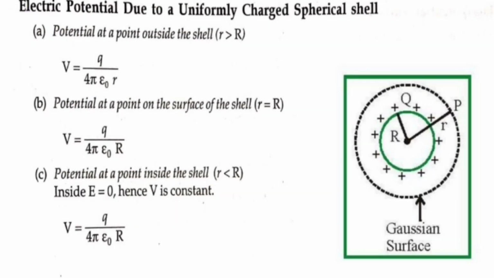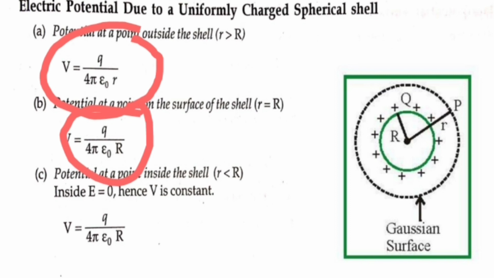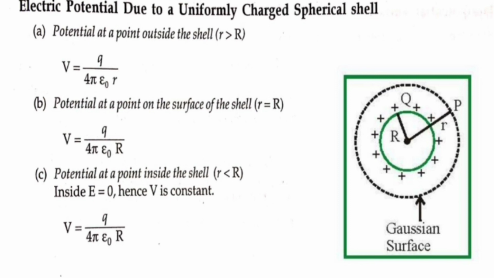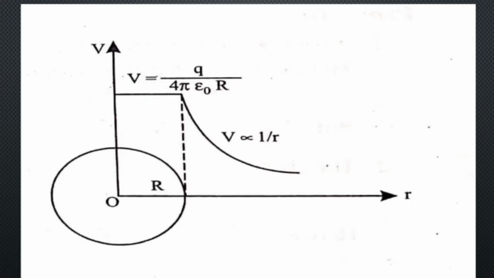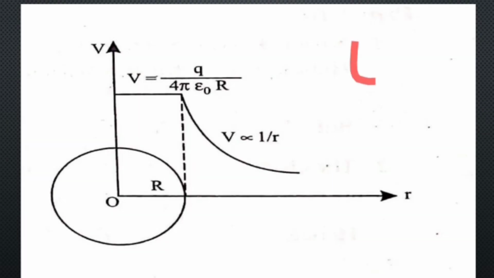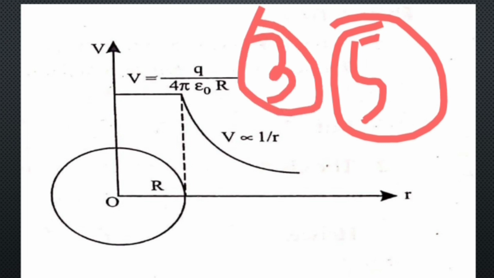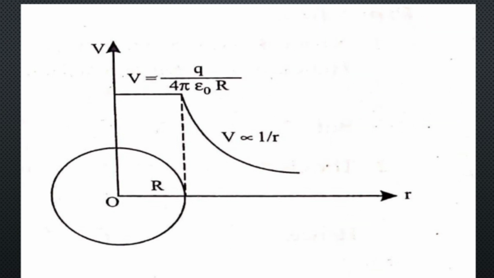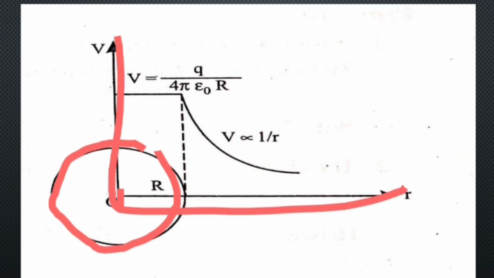Here you can see this formula, this formula, this formula, all are the same except for the R's. The R's are different. Now here is the graph, which is the most popular graph, and this total derivation comes along with 5 marks, or 3 marks. Along with graphs it comes for 3 marks, and if it comes for 5, then it should comprise some numericals. Here is the sphere, and at the center we consider the origin, and we will plot V and R.